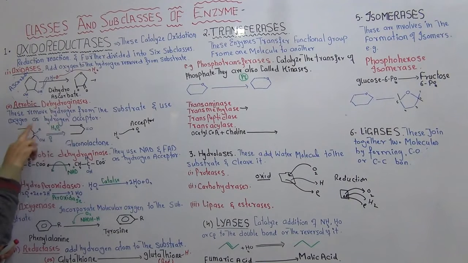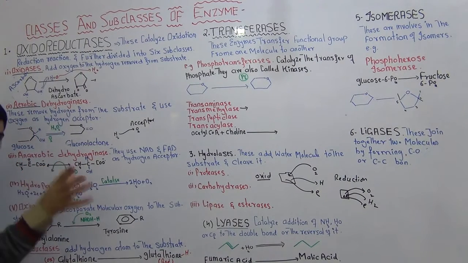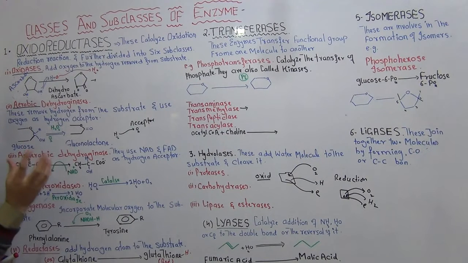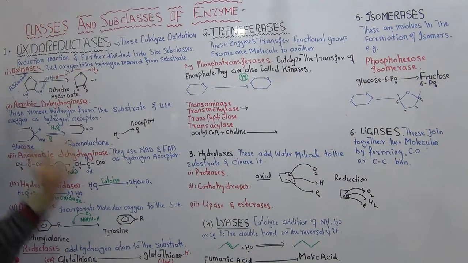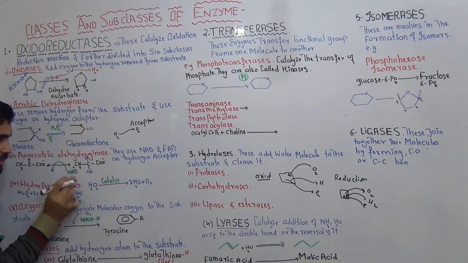This dehydrogenase will remove hydrogen. This dehydrogenase enzyme will also remove the hydrogen from the substrate. This is substrate, this is substrate. But in this case, the hydrogen which was removed will be given to another acceptor. But this time, there will be no oxygen. This time, the acceptor will be